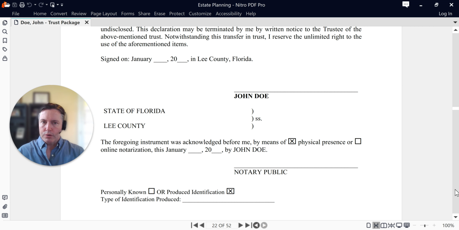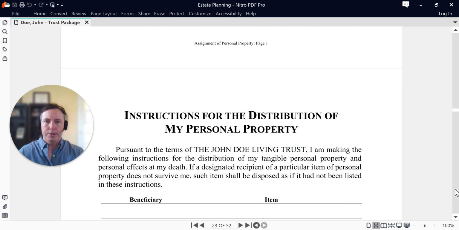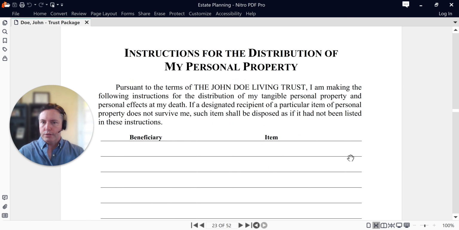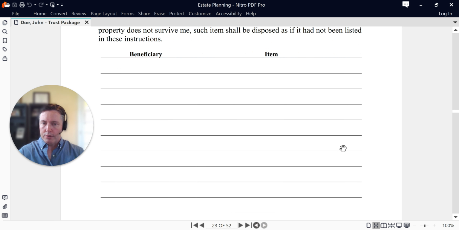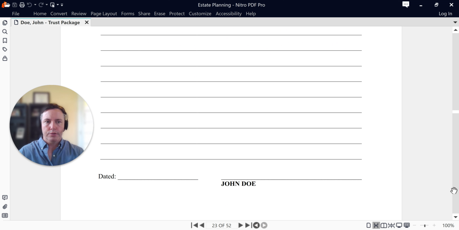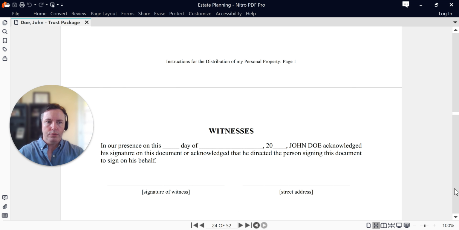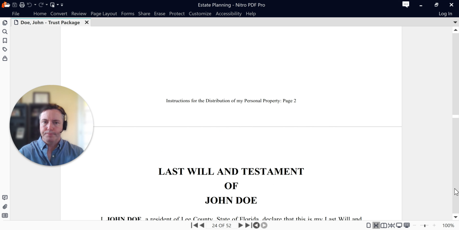Now the actual assets like bank accounts or brokerage accounts, you want to actually go to that financial institution and make the change there. Oftentimes you make that checking account payable on death to your trust, or the brokerage account owned by your trust, and we can guide you in that direction a little bit as well. This is that separate memo if you ever want to fill it out. Usually leave it blank, but it's a nice convenience for the future if there's some jewelry you'd like to go to your daughter or something like that.